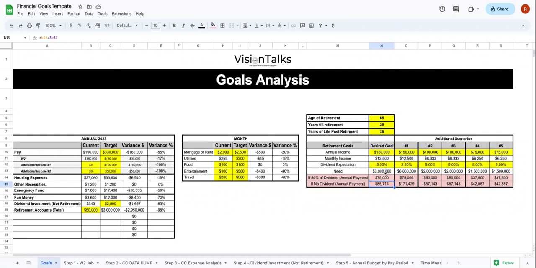This is considering these numbers stay static. Obviously, the market goes up and down. It depends on what type of stocks you have. Are you in a REIT? Are you in all sorts of different things? So that rate can change. It will fluctuate. If you have no dividend payments and you're trying to get rid, and you're going to end up getting rid of